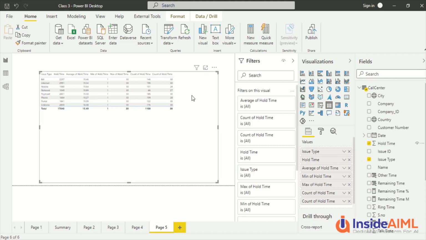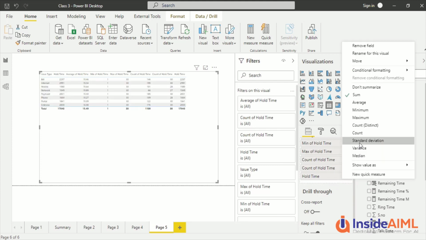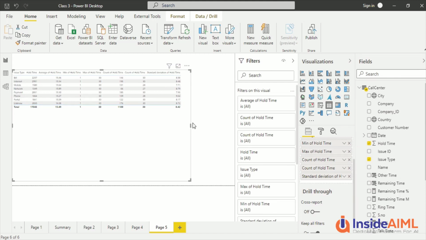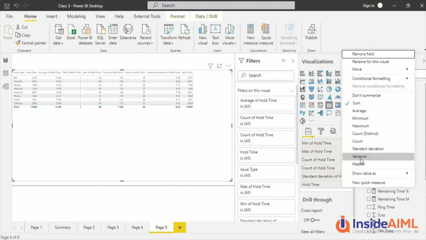Okay, so let's drag one more time. There it was showing a few more options. Let's see. So do we see standard deviation? So this is standard deviation. Not many values out here, so standard deviation might not be a very good thing to have here, but we are learning what else we can do. See variance, let's see if it gives variance.